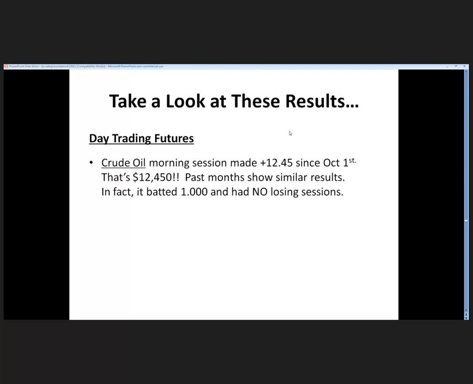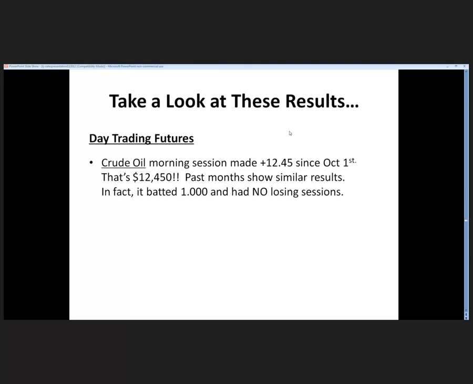In fact, since October 1st, there has not been a single losing trading day. Absolutely, there have been losing trades. Nobody's saying there haven't been losing trades. But due to the high frequency, if I start with a loser, if I start with a second loser, I know the odds are super high that trade 3, 4, and 5 will be profitable. Or I may just right out of the gate hit the winning trade. And since October 1st, here we are November 12th, yet to have a losing session. And I don't even mind a losing session here and there.